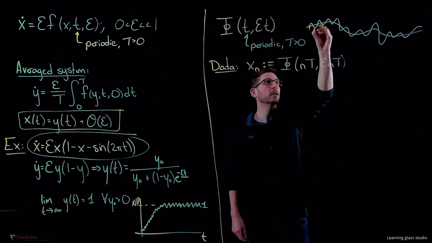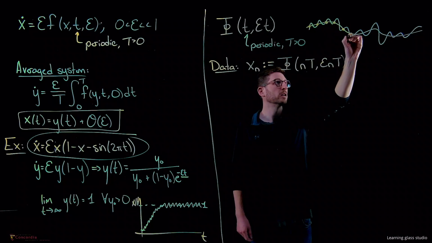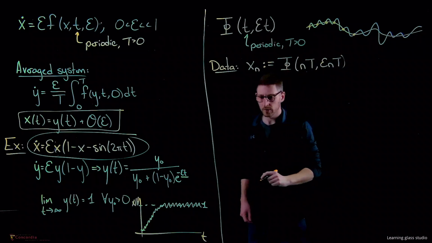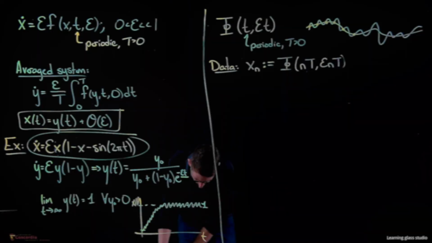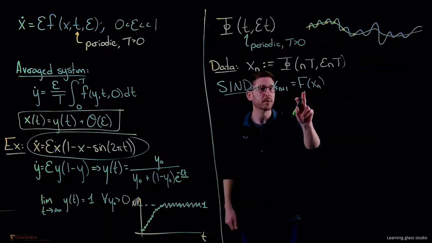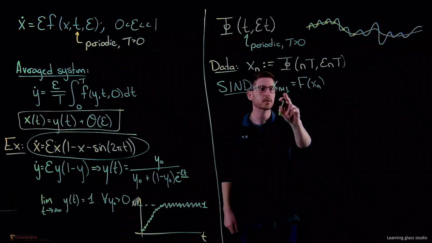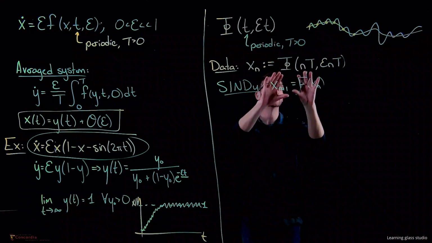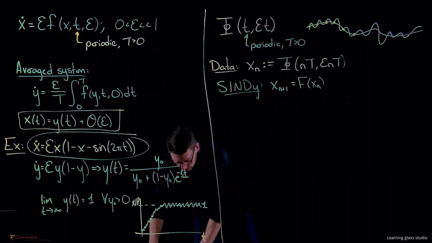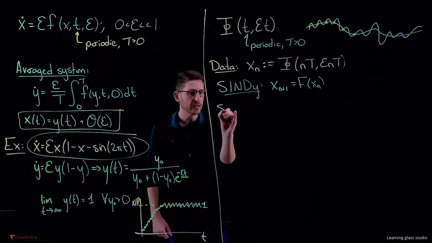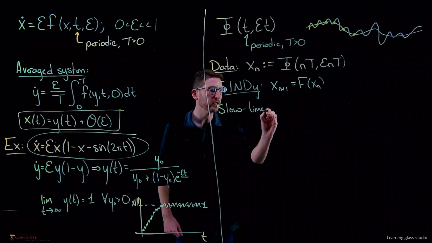So 1 period, 1 period, 1 period, and so on and so forth. And then I'm going to discover a mapping that iterates us through this coarse-grained signal, right? This is basically a stroboscopic mapping. This is exactly what we did in the previous video. But here's the thing. If we know, or let's imagine in theory, that the slow time dynamics, the average dynamics,